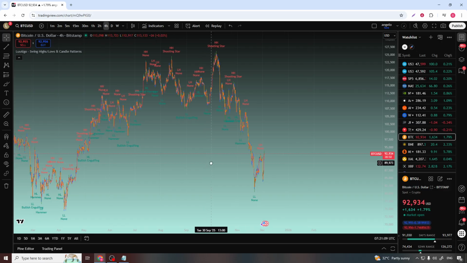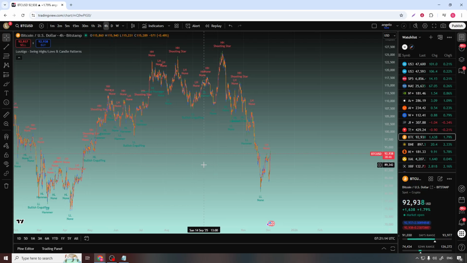You can fine-tune each indicator by hovering over its name at the top left of the chart and clicking on the settings icon. This opens the properties window where you can adjust things like sensitivity, colors, and which candle patterns you want to highlight. Take a moment to customize these settings so the chart is clear and not overloaded with